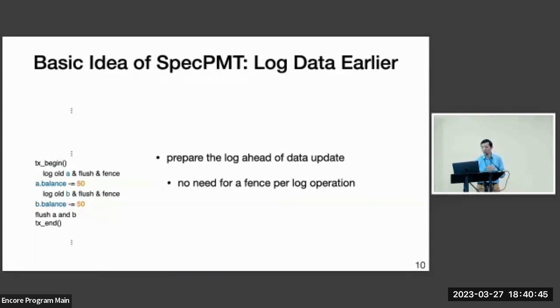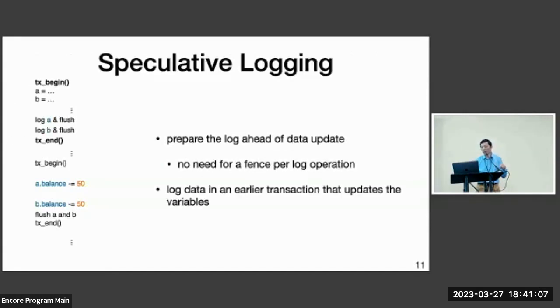How do we do that? Instead of putting these log instructions right before the modification of the data, if we have the log instruction before this transaction, we already recorded the value in the persistent memory before getting into the transaction. Then we do not need to insert these flushes and fences into the transaction. And what is good about this is